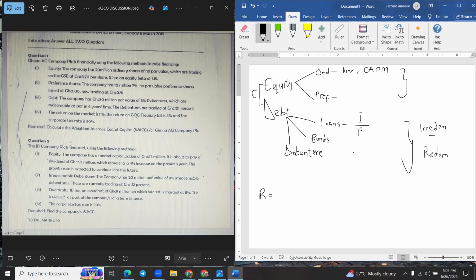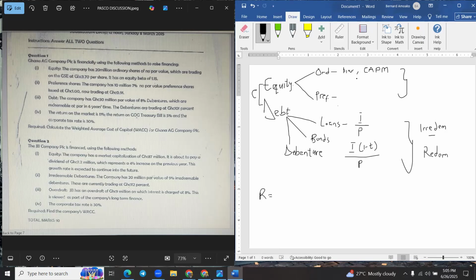Now, worst case scenario, there can be an introduction of tax, which says that the interest must suffer tax. So the interest multiplied by 1 minus the tax rate, divided by the market price, to determine the cost